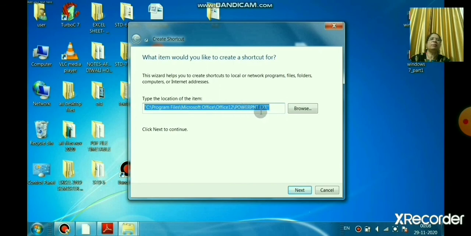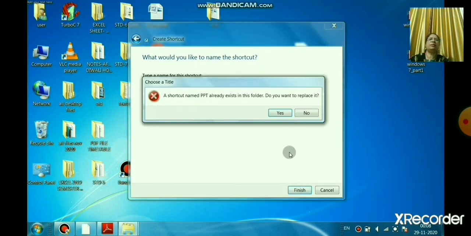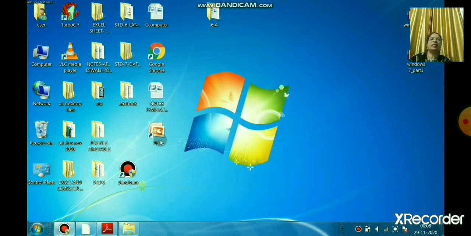When you open it, can you see here the PowerPoint.exe file, that is the executable file. So now write the name, or you can use the same name also. I have written PPT. Here I have already created it, see that PPT. Now you can just open that file and start PowerPoint. No need to click every time on the start button, programs, accessories, Microsoft Office. Now you understood how to create a shortcut. Any program you can make a shortcut of. If you want to delete it, just like a folder, right click and you can delete it.